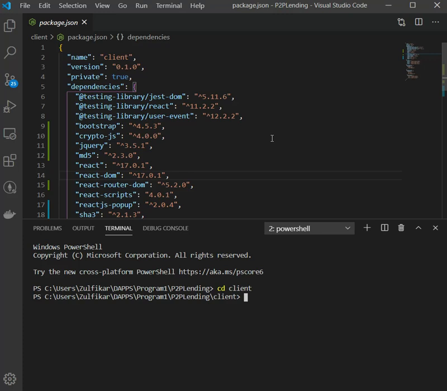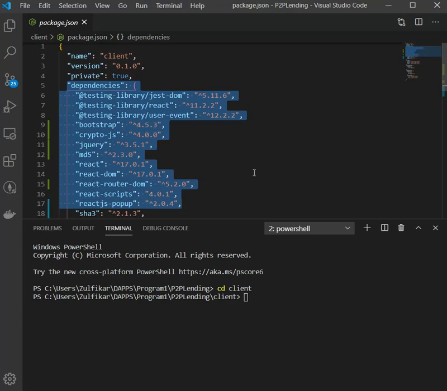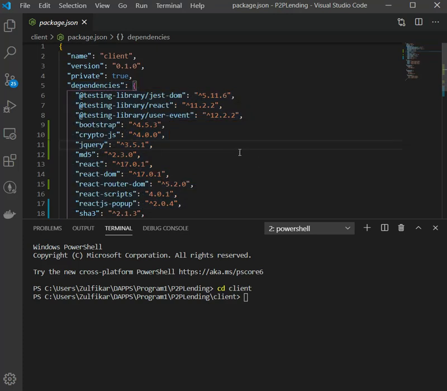Why we need to run npm install? Because suppose for example we have downloaded this folder from github or some other sources and this is fresh on our machine, then we need to run npm install to install all the dependencies as we can see in the package.json file. So these are all dependencies, but since we have already created this whole application on this machine, we need not run npm install again.